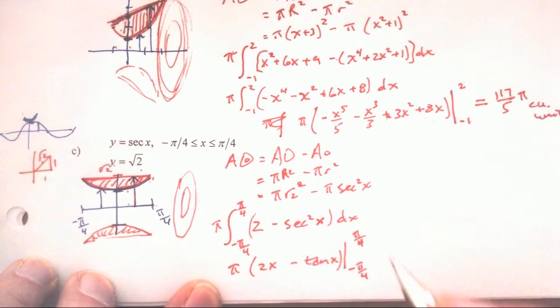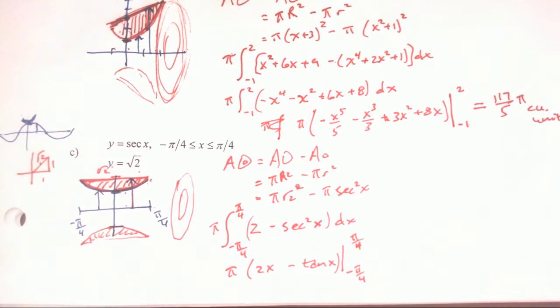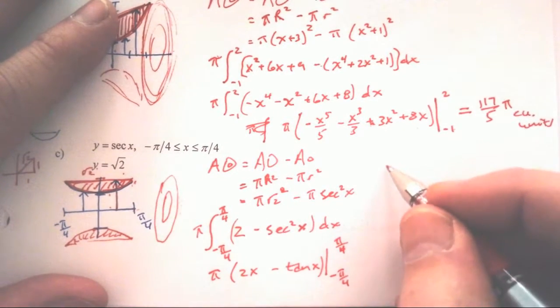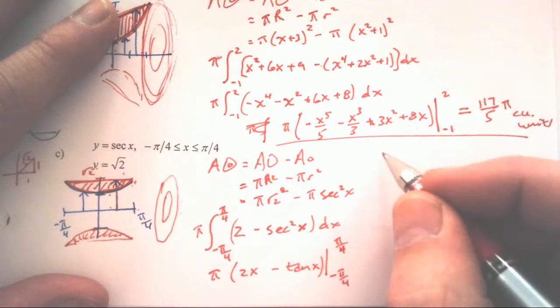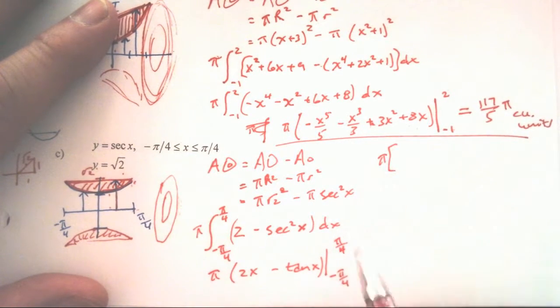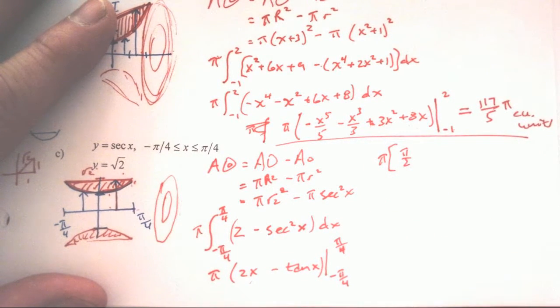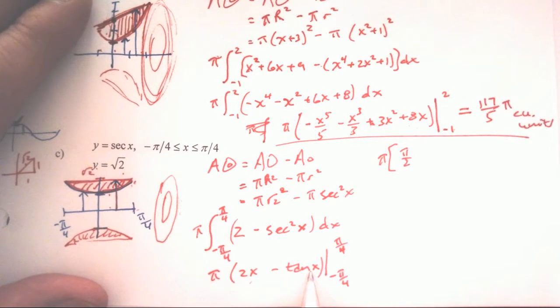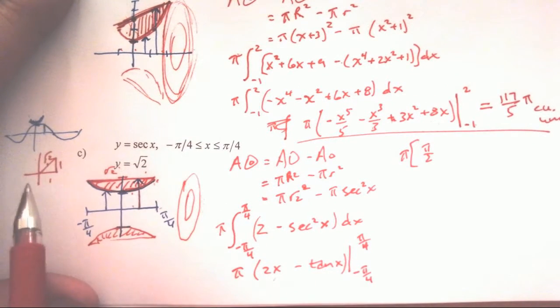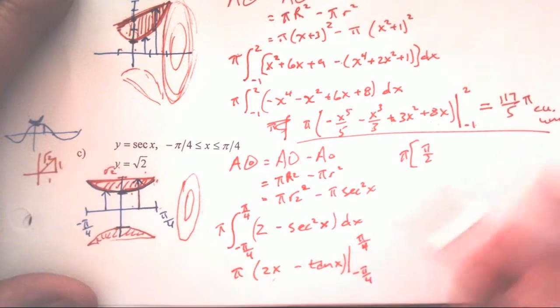And I think I'll stick with you and wrap this one up, although I think we should be good here. We end up with pi times, I put pi/4 in, 2 times pi/4, pi/2, minus I put pi/4 in, tangent of pi/4 is 1,